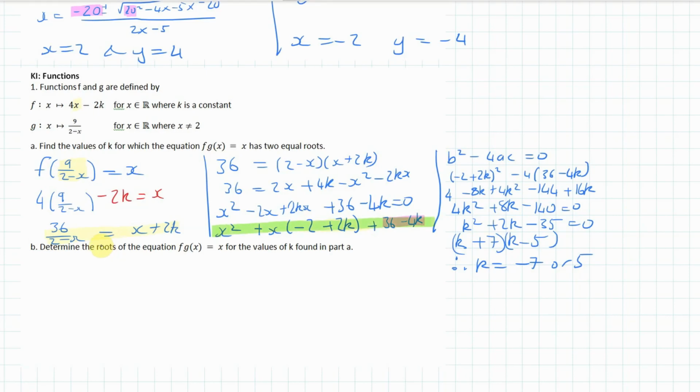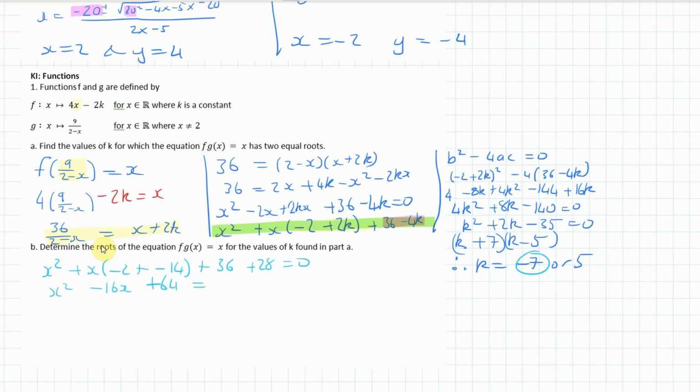So we're going to go x squared plus x into now minus 2 plus, now we're going to start off with this one here, the minus 7, plus 2 times negative 7, minus 14, plus 36 minus 4 times minus 7 plus 28 equals 0. So we get x squared minus 16x, and then 36 plus 28 gives us 64 plus